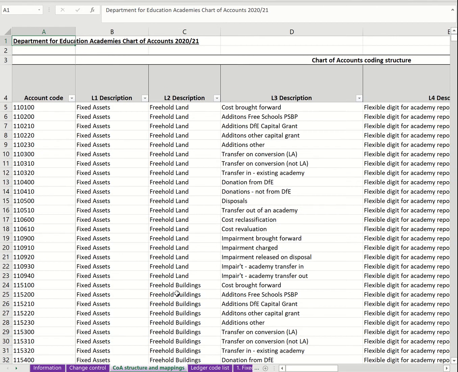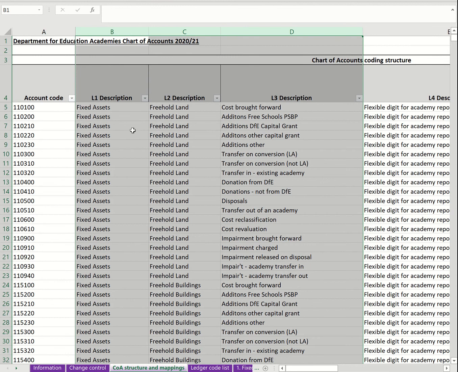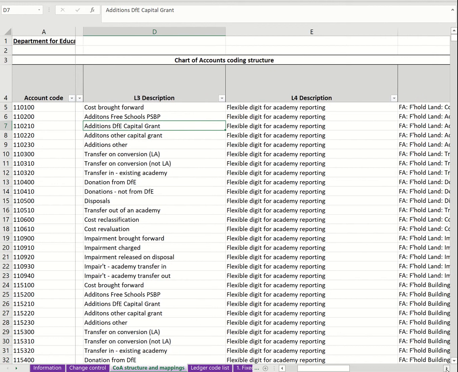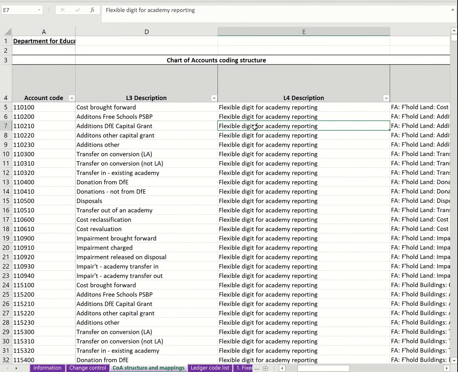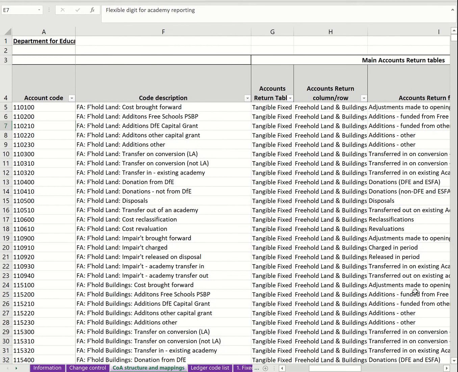The COA Structure and Mappings tab may be the most useful sheet for trusts, as it lists each of the DfE account codes in column A, and then all the information that relates to that code in subsequent columns. For each account code, the sheet shows the linear hierarchy, the account code description, the codes description, which is a combination of levels 1 to 4,